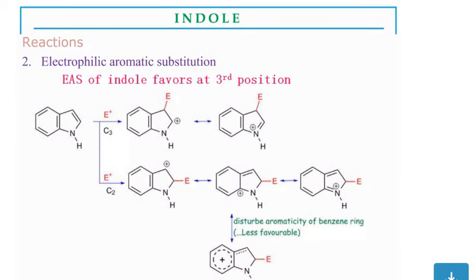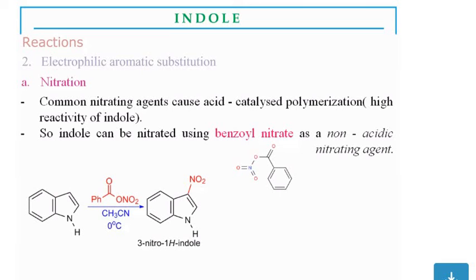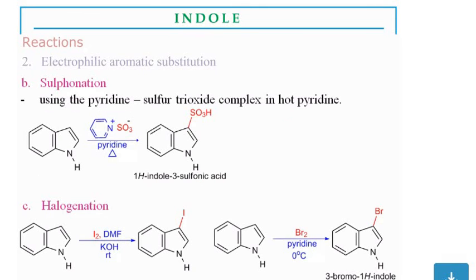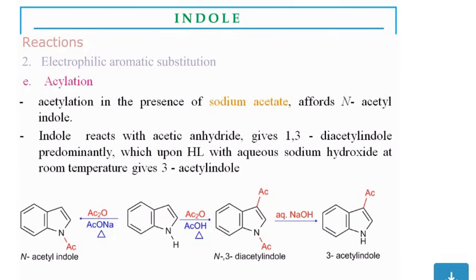Now you can see electrophilic aromatic substitution of indole is favored at the third position. Disturbing the aromaticity of the benzene ring is less favorable. Nitration, you can see 3-nitro-1H-indole; sulfonation, acylation,